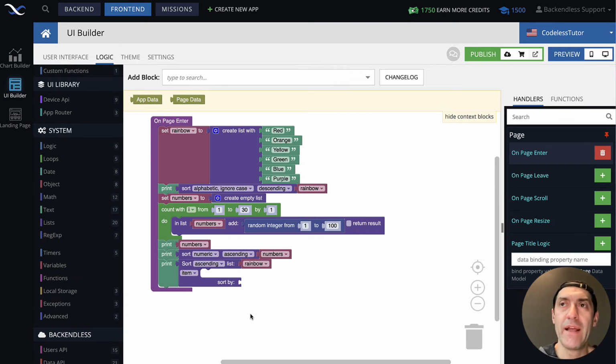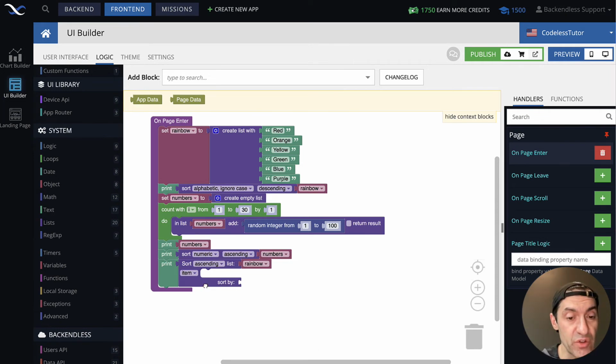For example, let's say that we want to sort our colors of the rainbow list by the following quantity, and that will be the length of the actual word. So we want the colors that have shorter names to appear first, and then as that list continues, we want the longer named colors to be further down. So the quantity by which we will be sorting that list will be the actual length of each individual word.